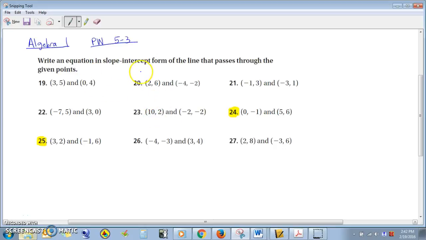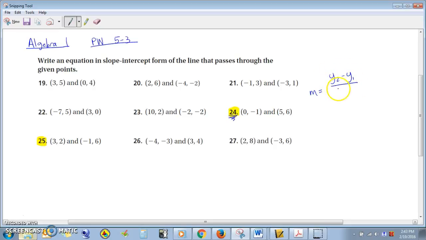Hey, let's talk about how we can write an equation in slope-intercept form of a line given 2 points that line goes through. So the first one we'll do is number 24, and the 2 points we have are (0, -1) and (5, 6). The first thing that we need to do is find the slope, and the slope is